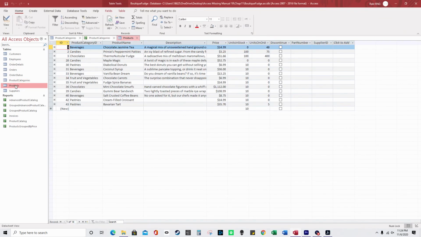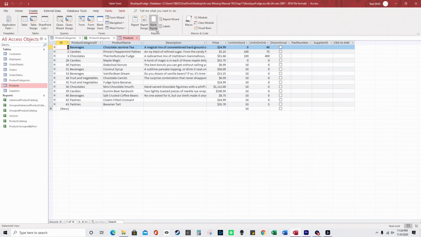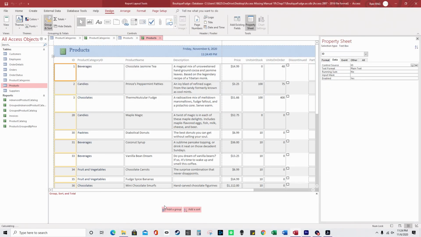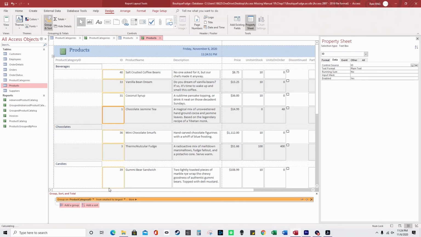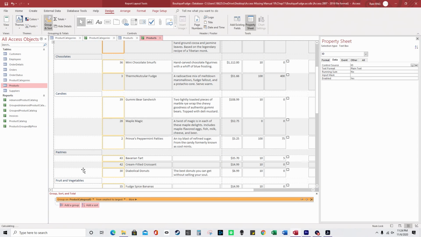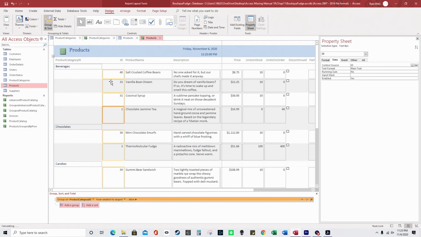Maybe is it products? Yeah, so I'm going to do one on, I guess, products. I grouped them by product category ID, so I grouped by beverages, chocolates, candies, pastries, fruit, and vegetables, and it